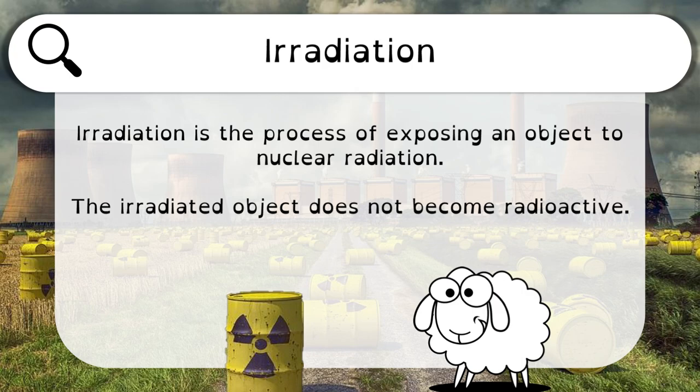So irradiation is the process of exposing an object to nuclear radiation. The irradiated object does not become radioactive itself. So let's go back to our sheep. If we have all these sources of nuclear waste dotted around in the field, as long as the waste does not leak and contaminate the local area, the sheep themselves will not be eating any of the radioactive atoms and